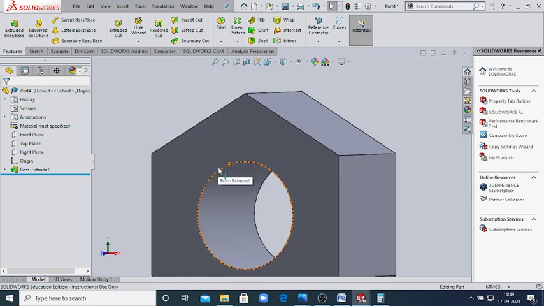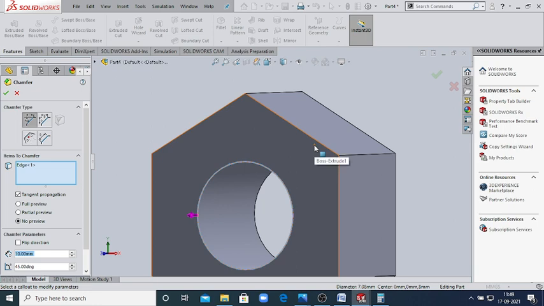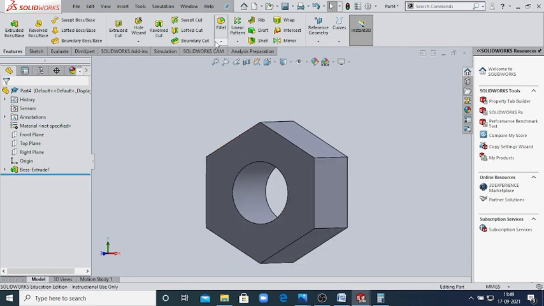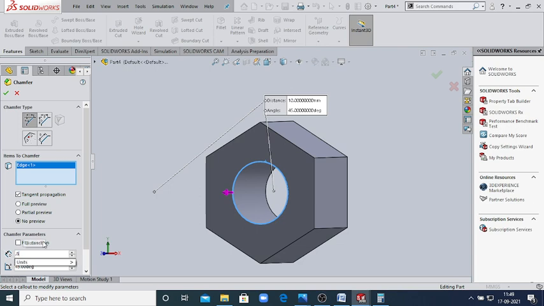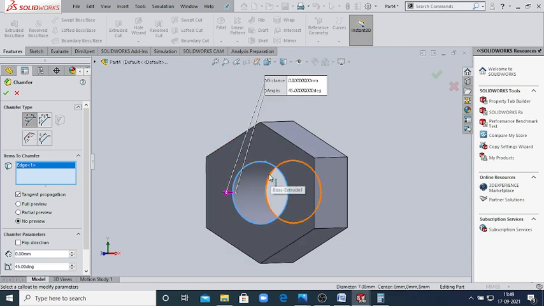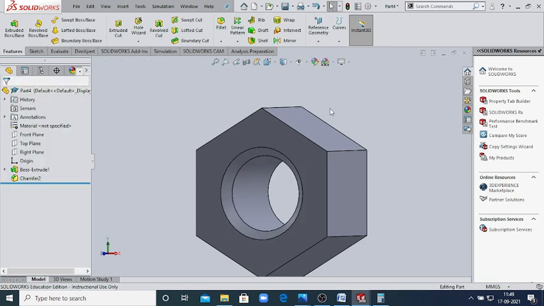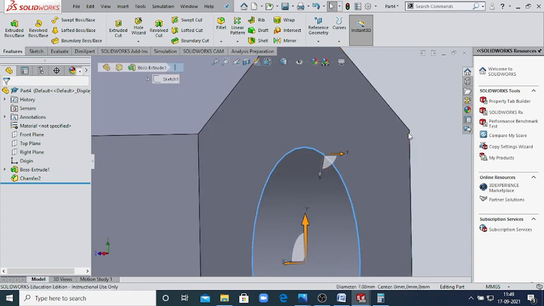Now we'll start to make this chamfer here, and the chamfer dimension is .8, then okay. In the same way we make the chamfer on this side, then okay.